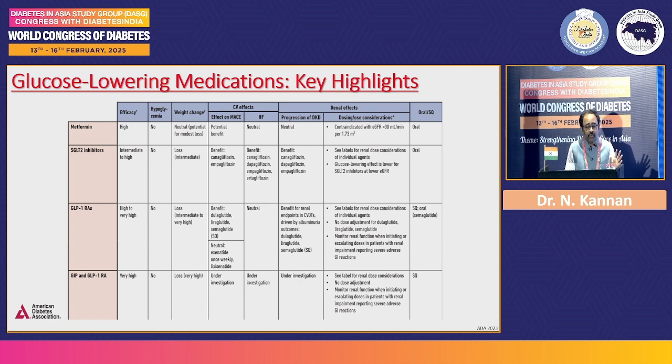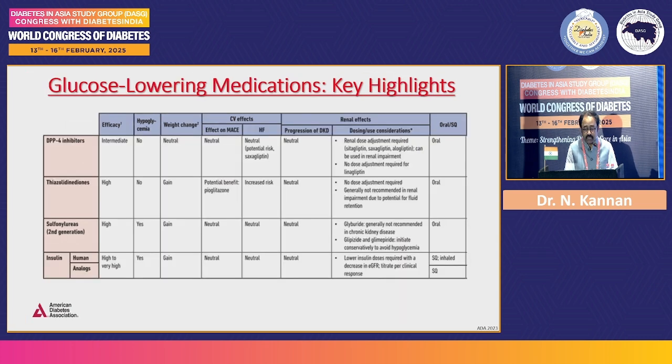So these are the available glucose lowering agents. We have modern molecules, dapagliflozin, empagliflozin. We have GLP, we have GLP and GIP, and we have tri-agonists also. We have DPP-4 inhibitors, glitazones, SUs. I don't want to go into this in this august audience, because these subjects should be taught to primary care physicians. We should explain the molecules and where they should be used for the right patient.